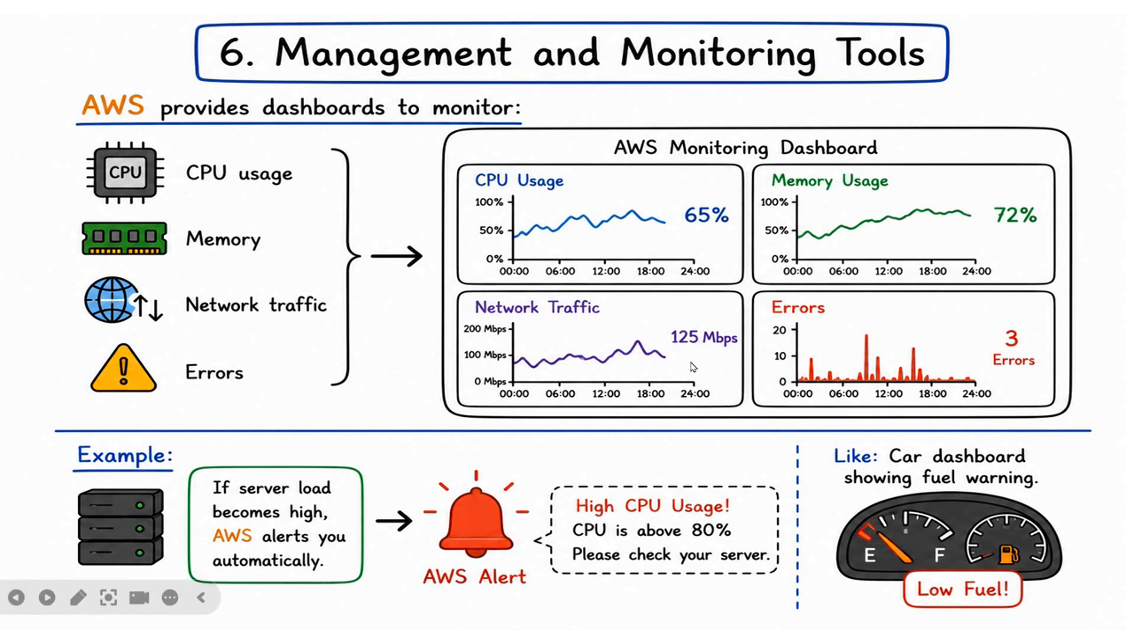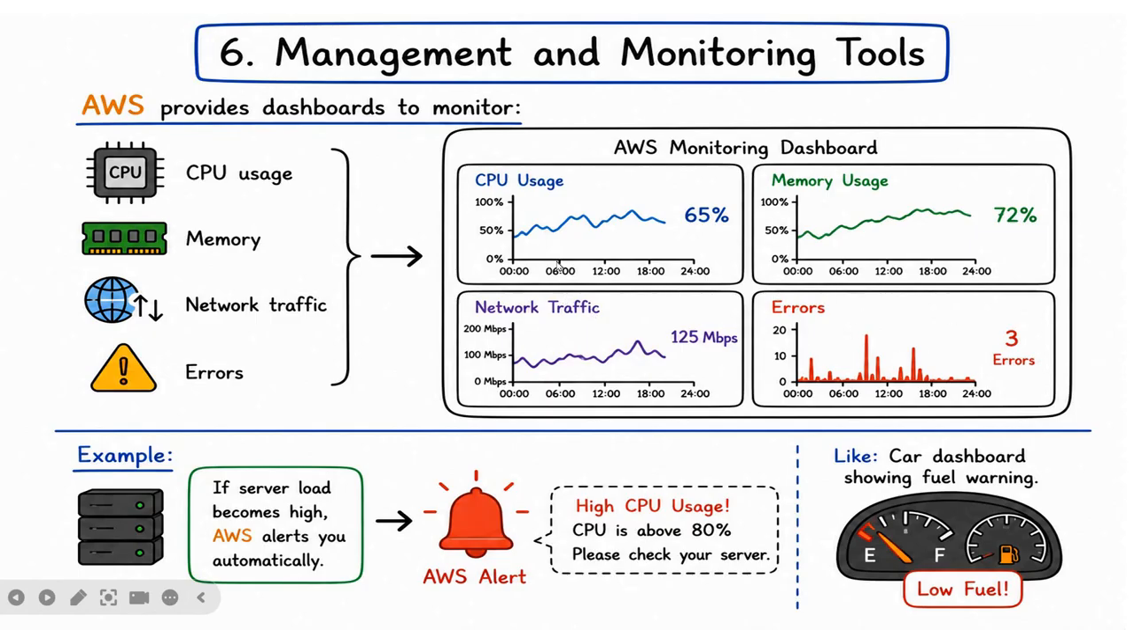Now the next feature is management and monitoring tools, where AWS provides powerful management and monitoring tools for users in order to observe server performance, detect problems, manage cloud resources, and receive automatic alerts. And this will help them maintain system health, security, performance, reliability, and many other things. Here the management and monitoring tools are the dashboards and services that